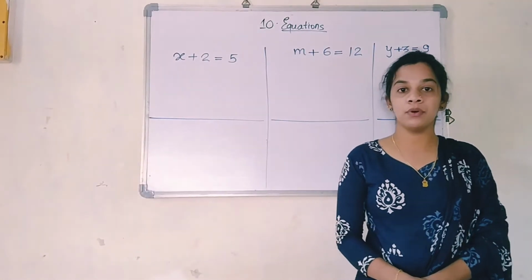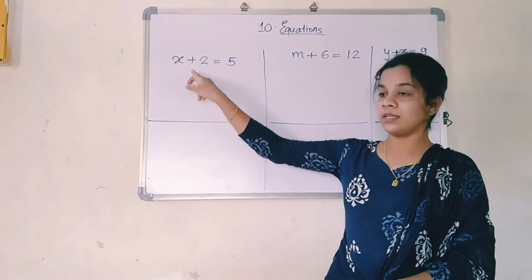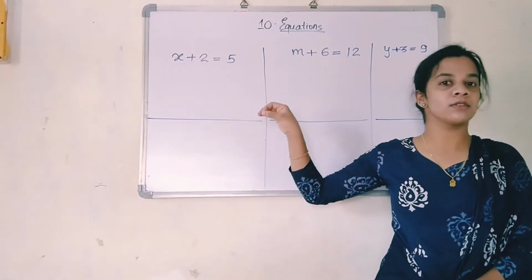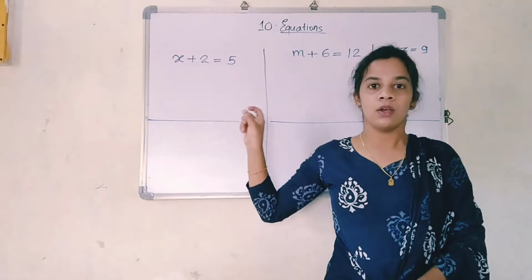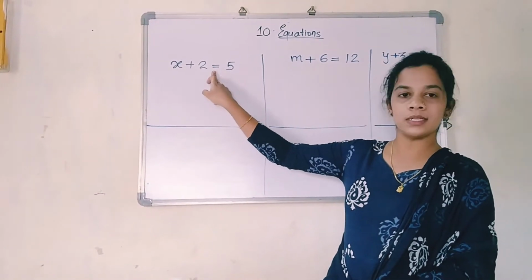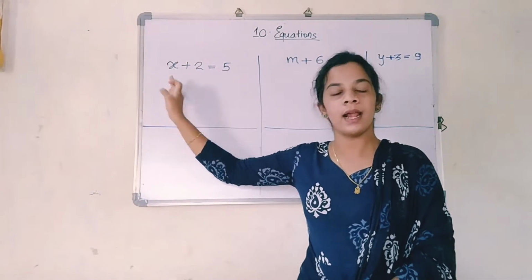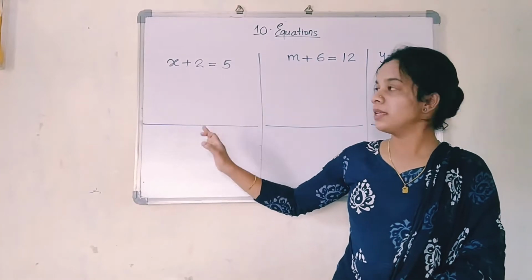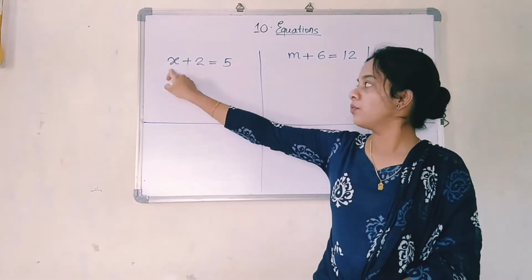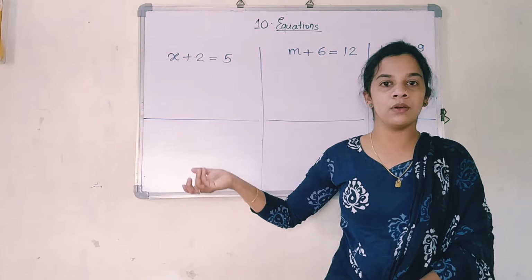Just see near the board what actually is given on the board. Here you can see x plus 2 is equal to 5. These questions are basically asked as solve. Nothing more than that. Here you can clearly see the equal sign is present, so the right hand side and the left hand side both will be the same. That means if the value of this side is equal to 5, then what will be the value of x? If someone asks you this question, you can answer it orally also.